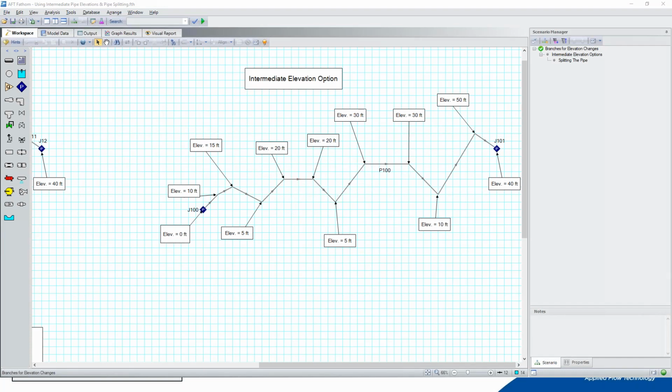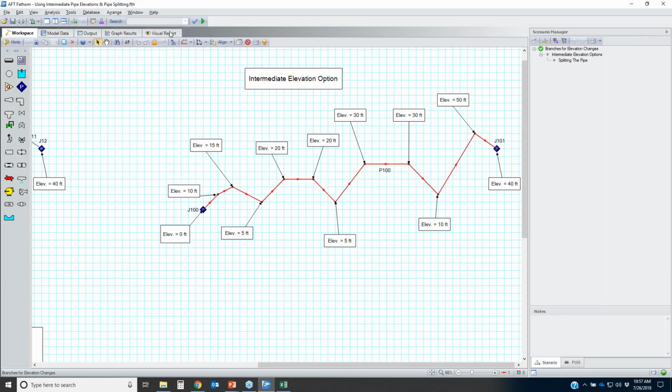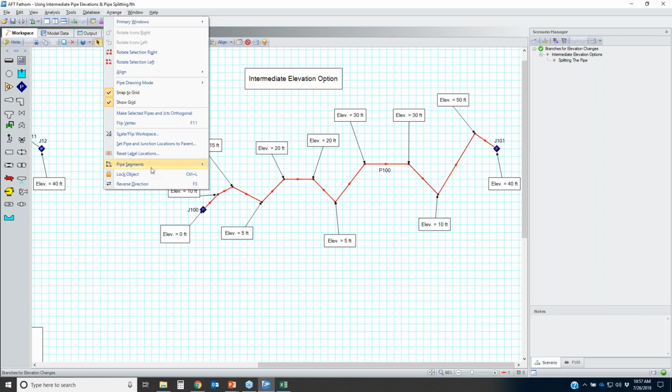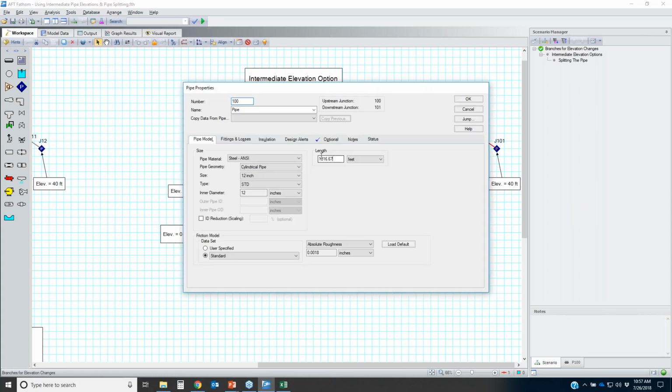The way that you do the segmenting is if you go to the Arrange menu, and well, you have to select a pipe first. If you select a pipe, go to Arrange, Pipe Segments. This is where you can add these different segments to make it look like that. So I've opened up my pipe here. This pipe is